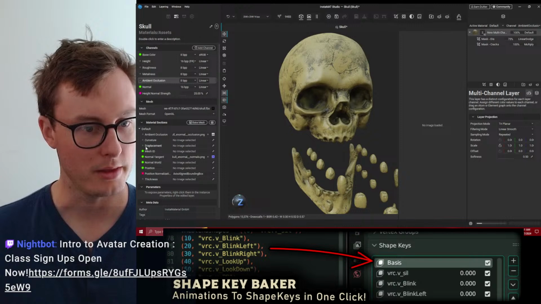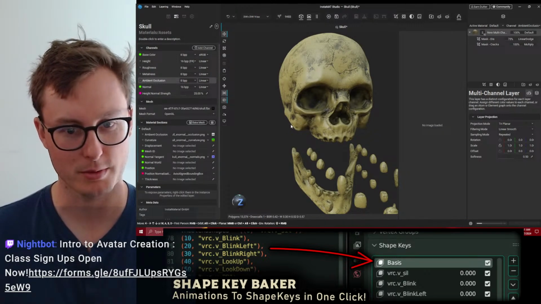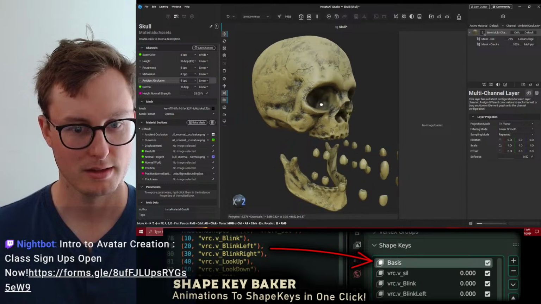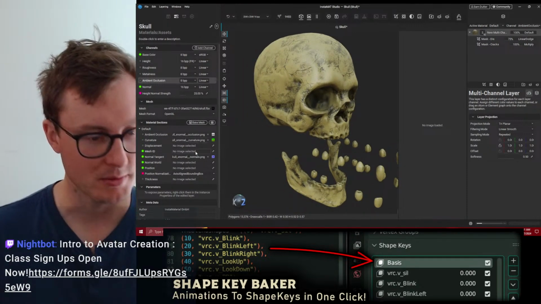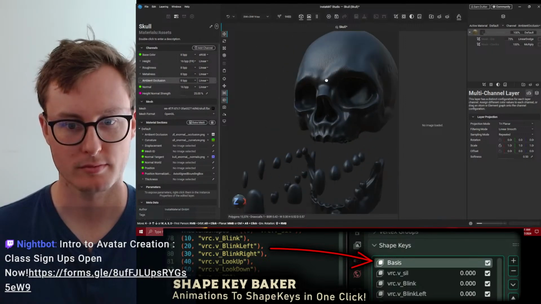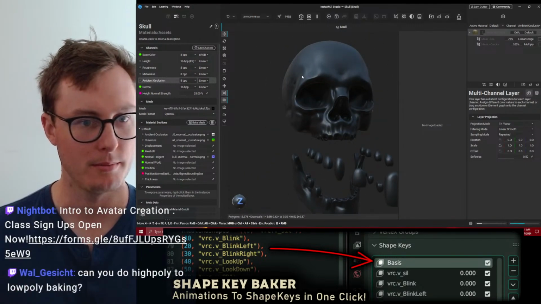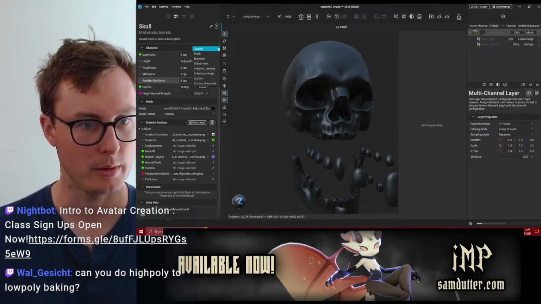Nice. Okay. And then we do also have a curvature map we baked, but I'm not sure how it's going to read it. Didn't seem to do anything with it there. Oh, I think I also have to add. Oh, no. Never mind.